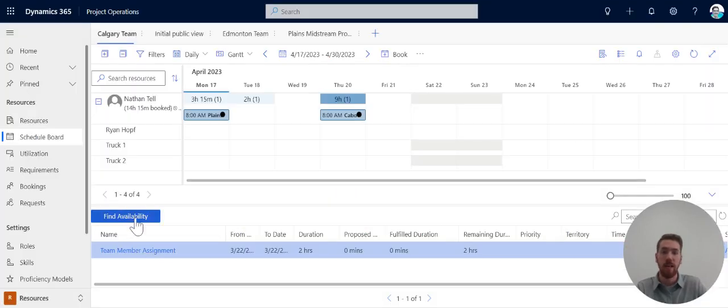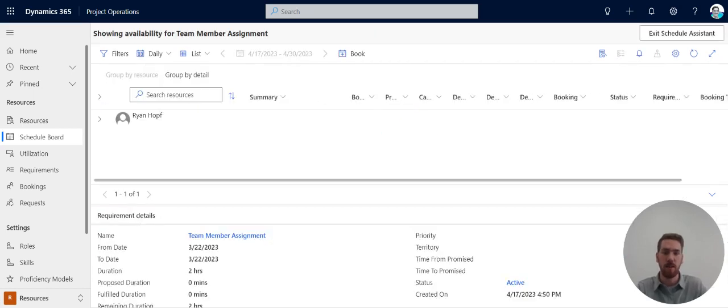If we hit find availability, it's going to open the schedule assistant here. What that's going to do is take people who are assigned the role of team member and are from the Calgary project team. It won't allow